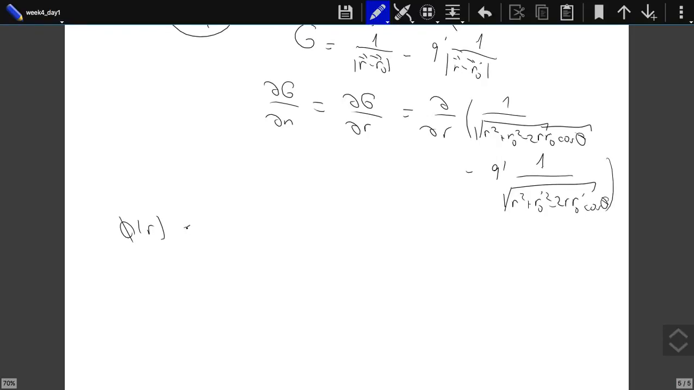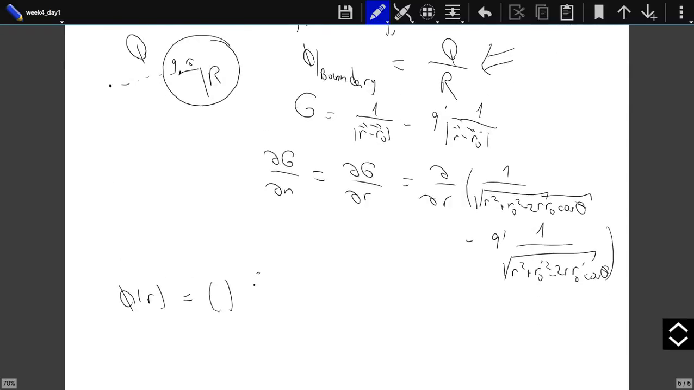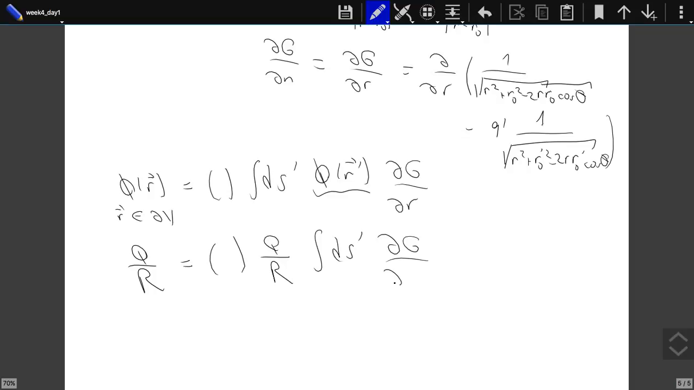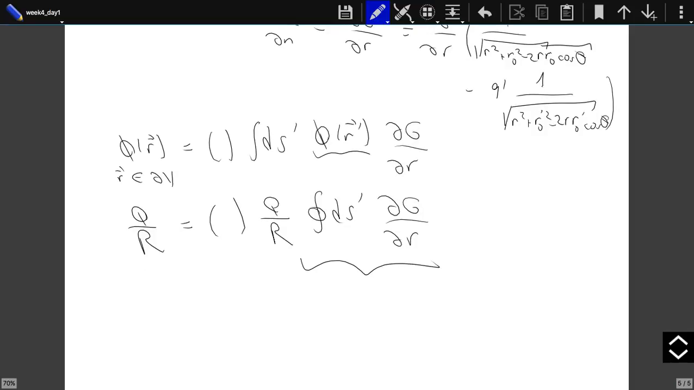Phi of r, if the above equation is satisfied, we know that it is some number times the integral of dS prime, phi of r prime, dG by dr. Let's test whether this is satisfied. Well, phi on the boundary is q over r. This coefficient over here, well, on the boundary it is a constant, so it is q over r times the integral of dS prime, dG by dr. But this integral, remember, is over a closed surface. This integral just gives me minus 4 pi,